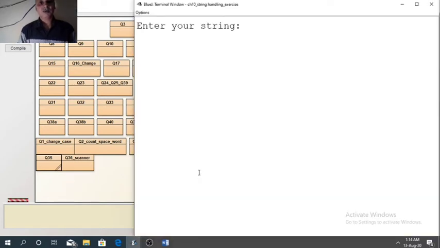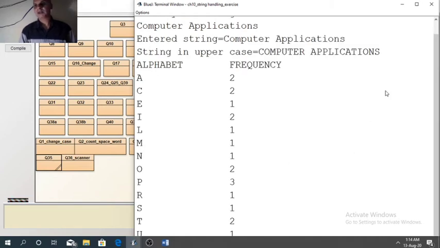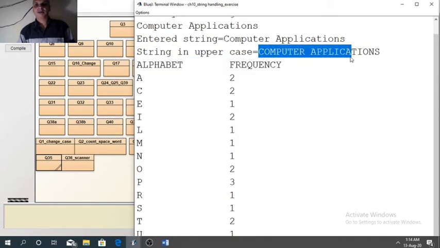You can enter the input in any form, uppercase, lowercase, or combination of both. Computer applications. Now you can see string in uppercase, we had entered in combination of uppercase and lowercase.